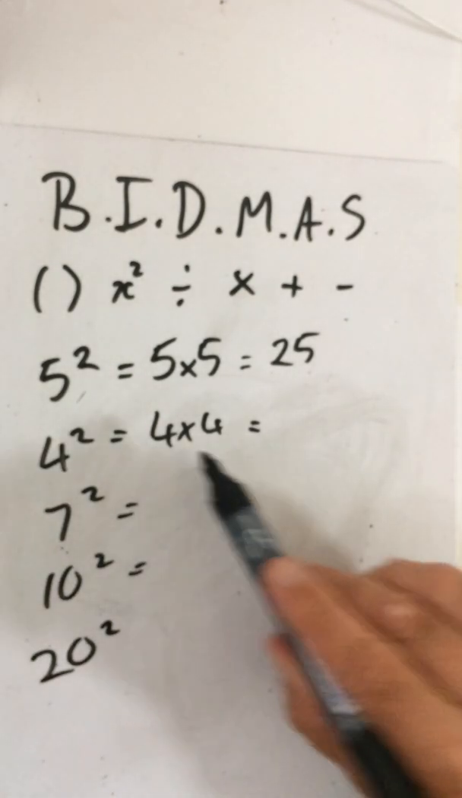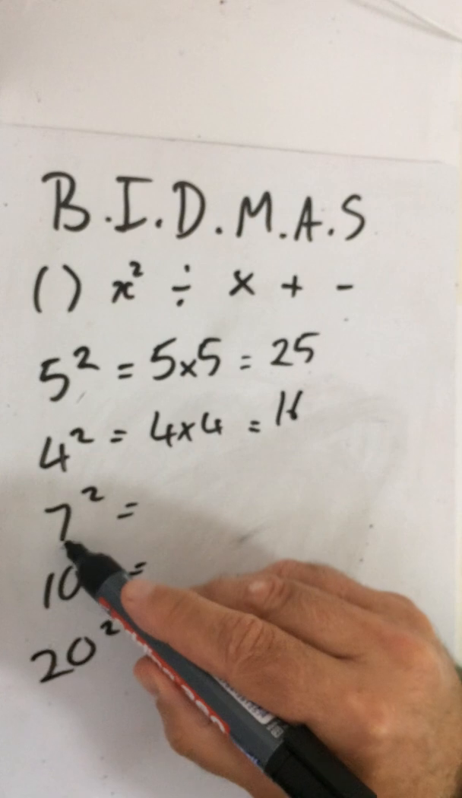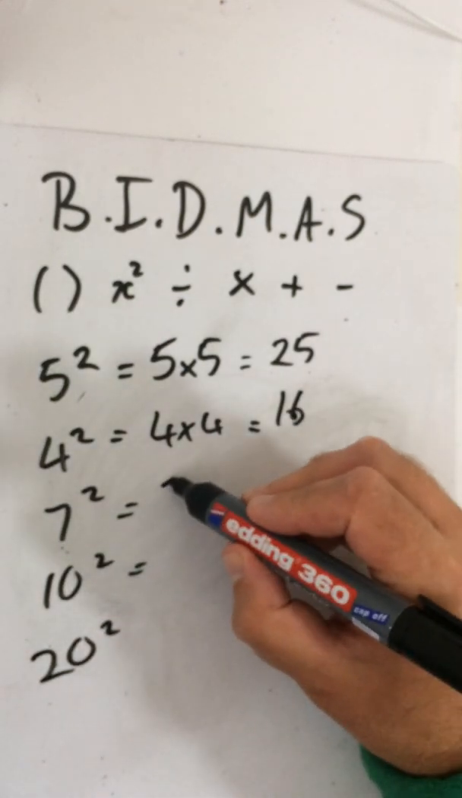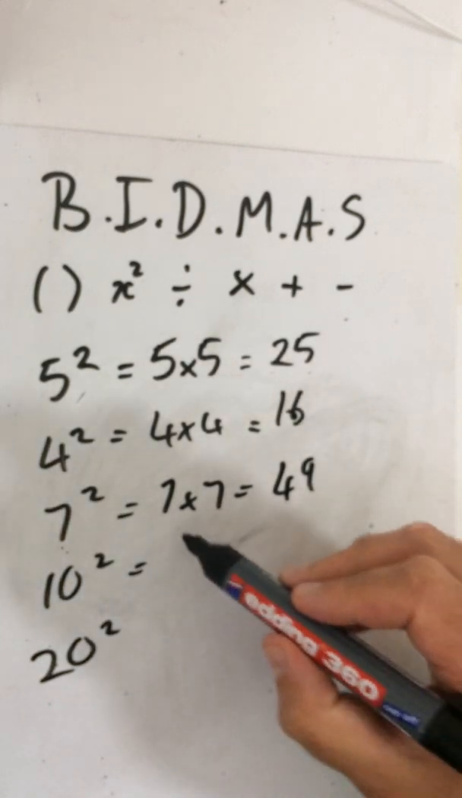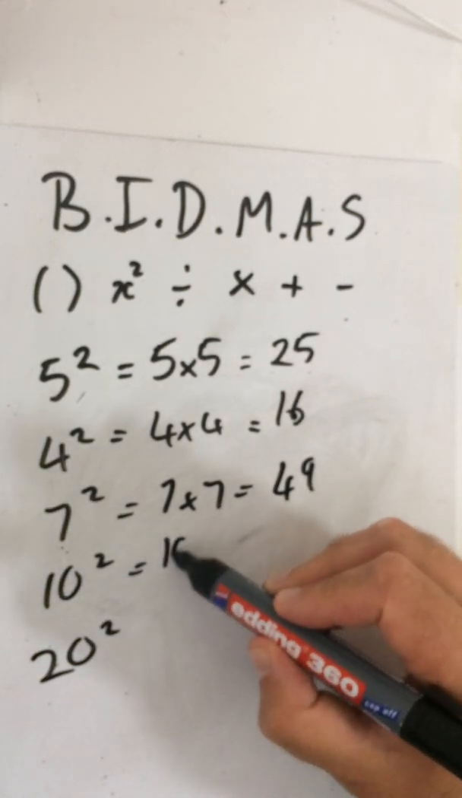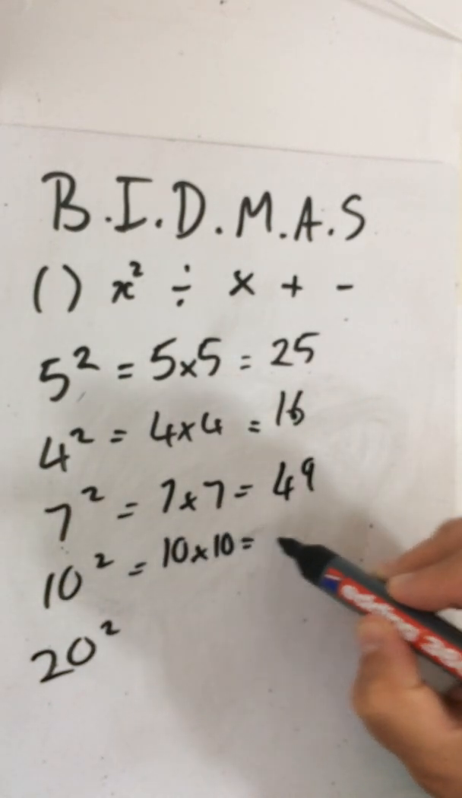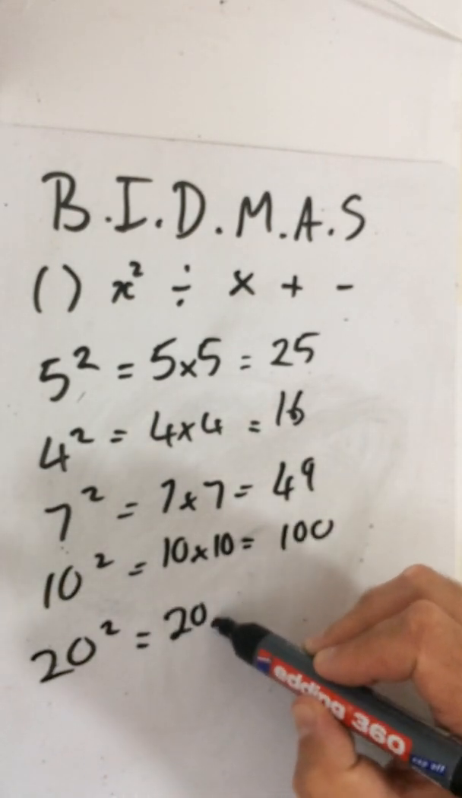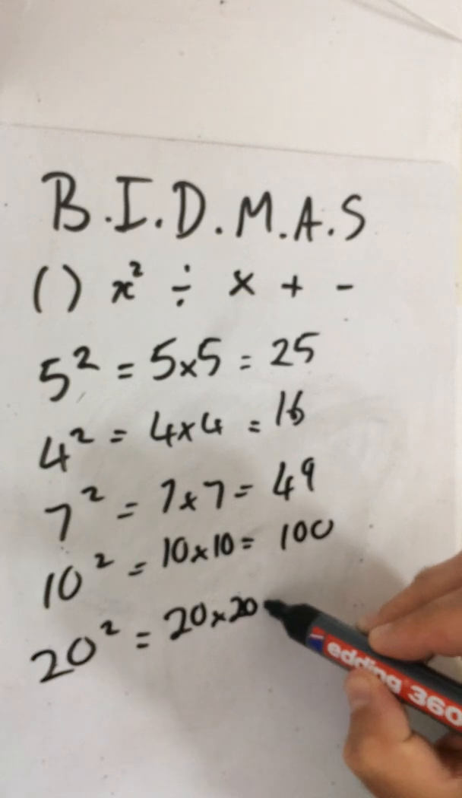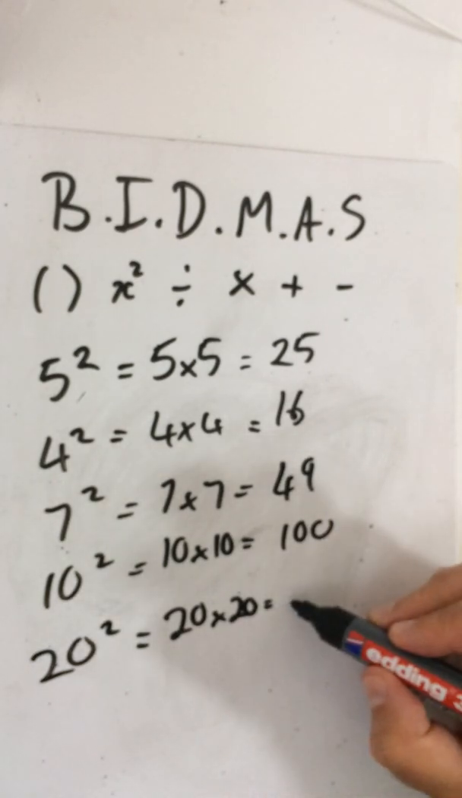Right, let's have a look. So 4 times 4 is 16. 7 squared means 7 times by itself. 7 times 7, 49. 10 squared means 10 times by itself, 100. And 20 squared, 20 times by itself, 20 times 20,